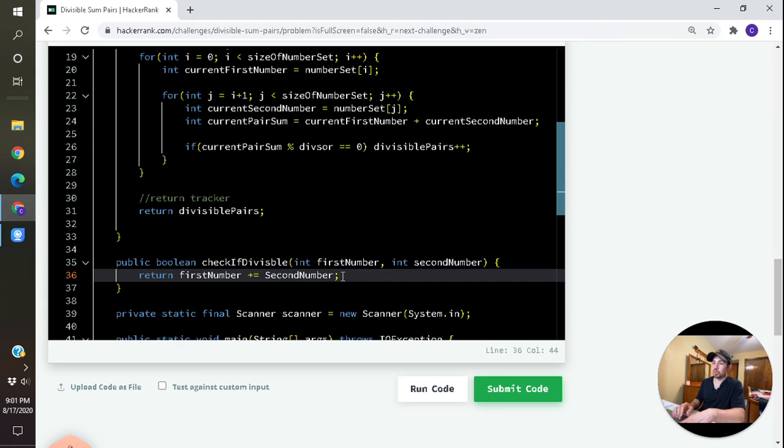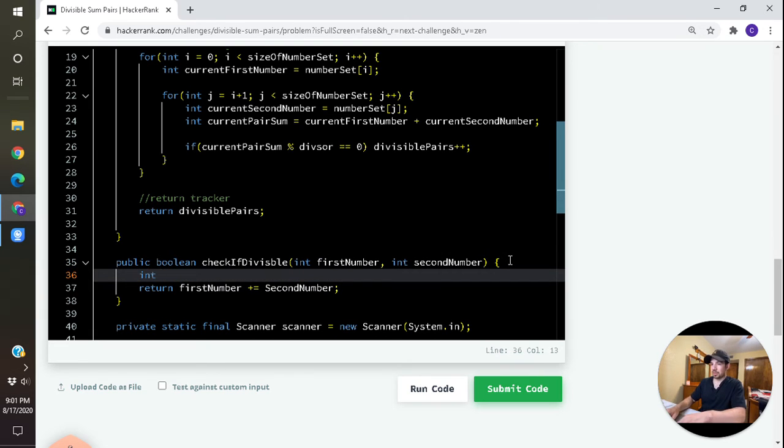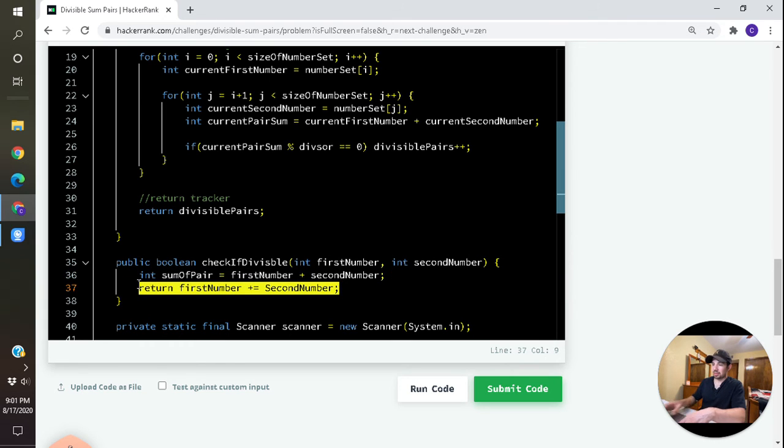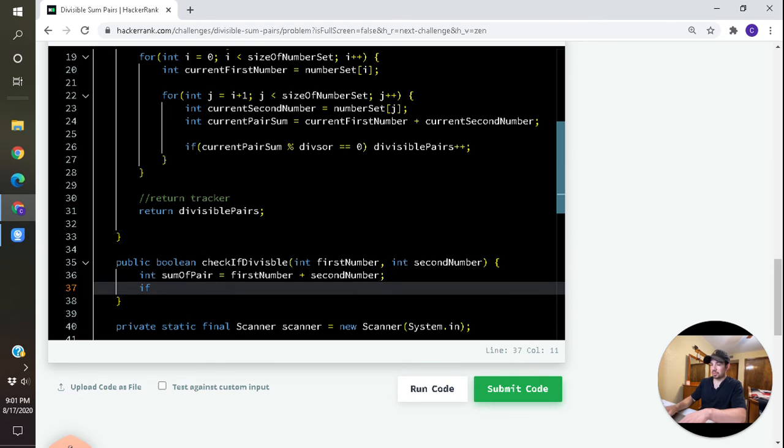So we'll do int, and then we'll do sum of pair, and we'll do first number, I can't type, plus the second number. I'm sorry. Okay, so we'll get the sum of the pair, and then we'll do if, I mean, honestly, we should do it like this. Watch, check this out. Return sum of pair